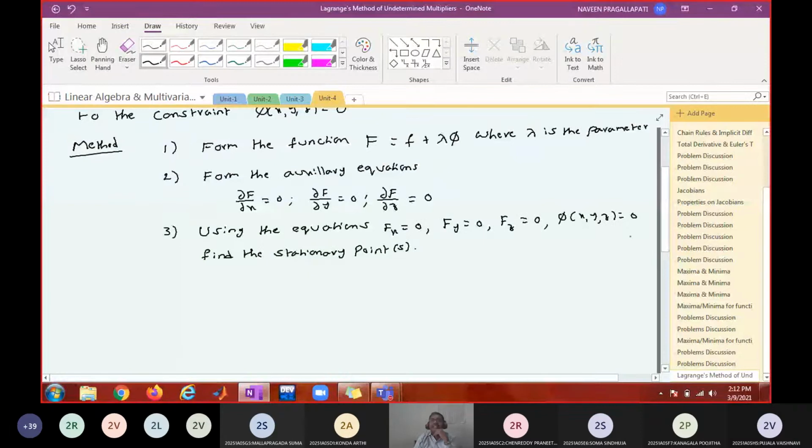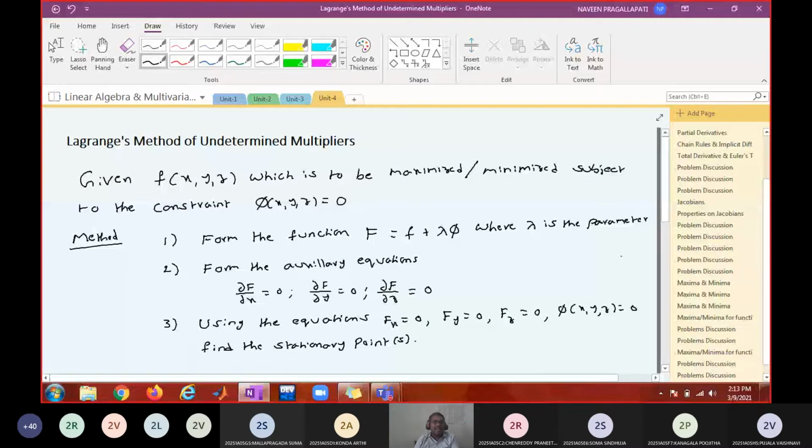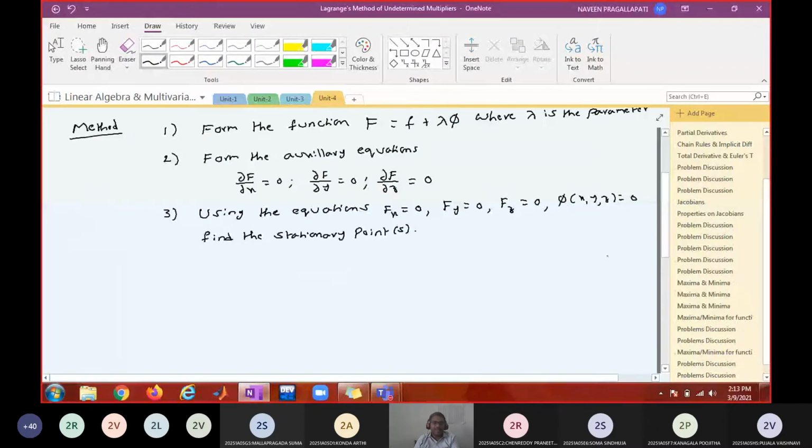That's it. Okay. So you'll be finding the stationary point only, but you will not be really examining whether the stationary point is going to be extreme point or not. So if the problem is like maximize the function, you will say the function is having maximum at this point, or minimize the function, you will say the function is having minimum at this point. If we really want to know whether the statement is right or wrong, as I said earlier, find out the second order partial derivatives R, S, T, and accordingly you decide the nature of the point.